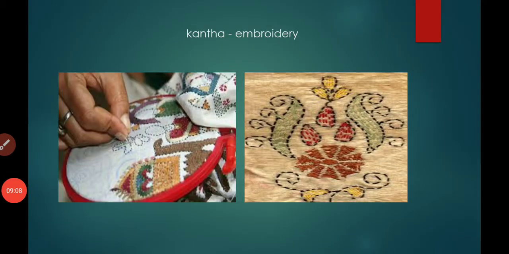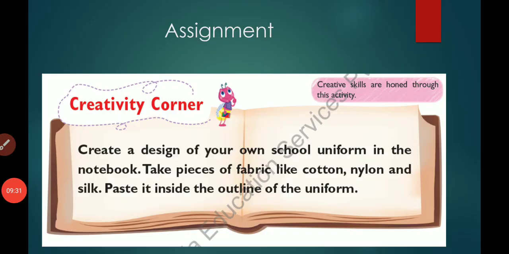Today, all of you have learned how we create designs and patterns on cloth using different methods like tie and dye method, block printing, kalamkari, batik method, then embroidery, chikankari, fulkari and kantha. This is your assignment. Create a design of your own school uniform in the notebook. Take pieces of fabric like cotton,